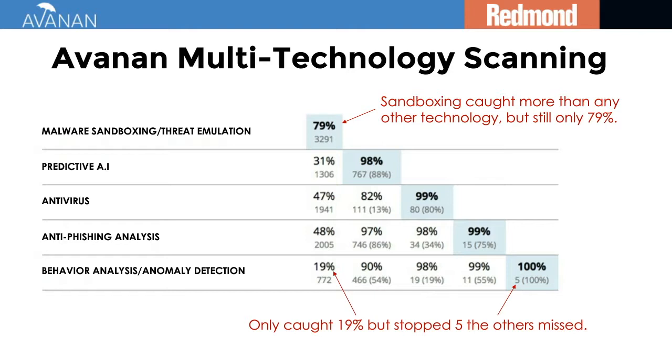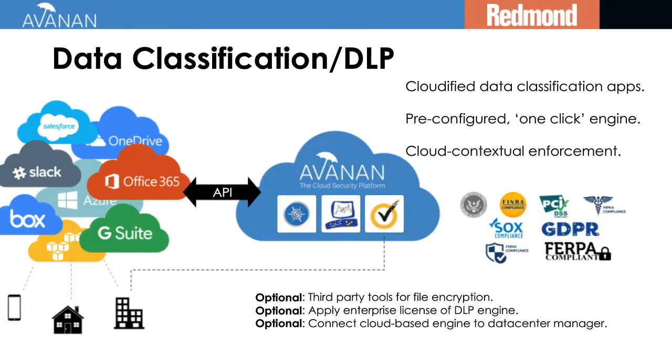And we can see that if we add an additional technology, this predictive AI using machine learning, it actually catches up to 98%, which is fantastic. But as you see, there's no such thing as quantity. It's actually more a matter of quality, in that by adding behavior analysis and anomaly detection, while it may not catch as much, it catches those things that the others missed. So it catches the hard things that you might not get with a single layer of security. So I think it makes sense when it comes to why you might want to deploy additional layers of security over Microsoft's default.